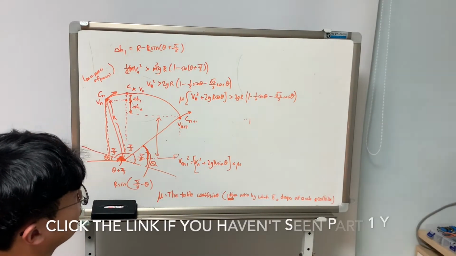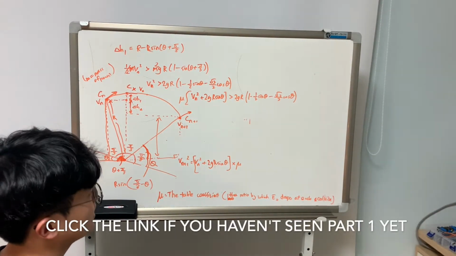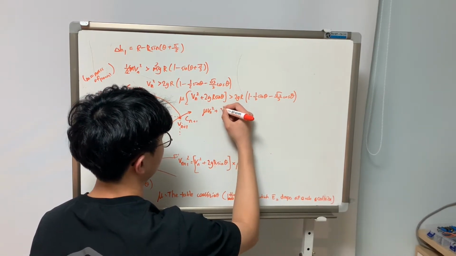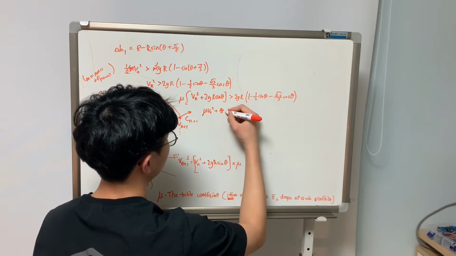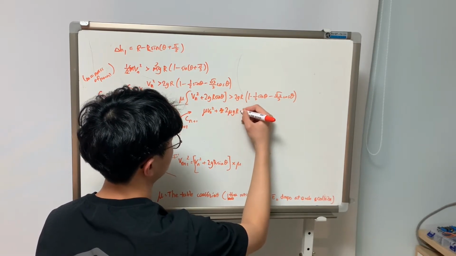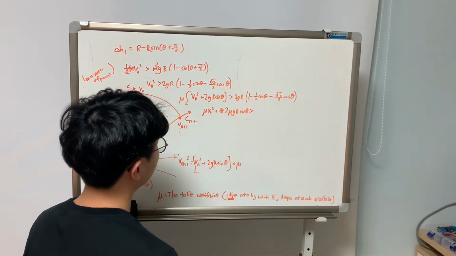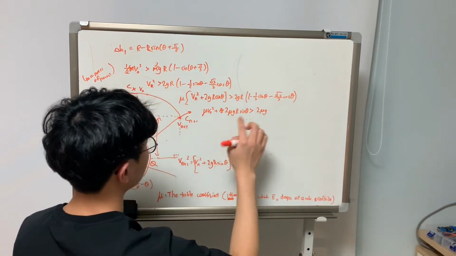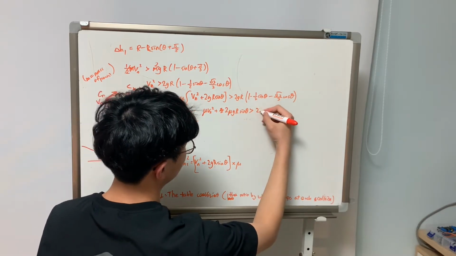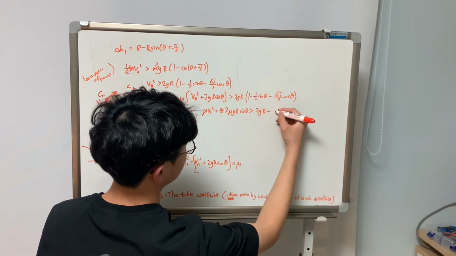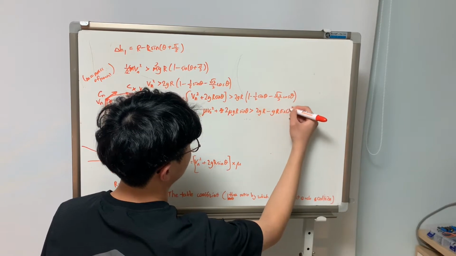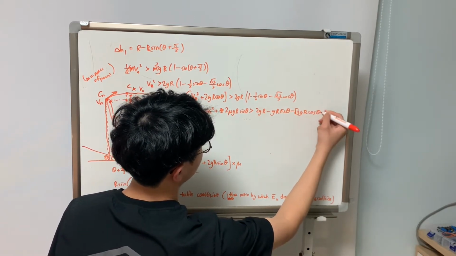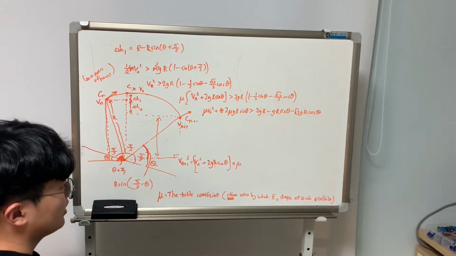I'm gonna expand all that and say that mu Vn squared plus 2 mu gr sine theta must be bigger than 2gr, and I'm going to expand all that, so minus gr sine theta minus root 3 gr cosine of theta. And now